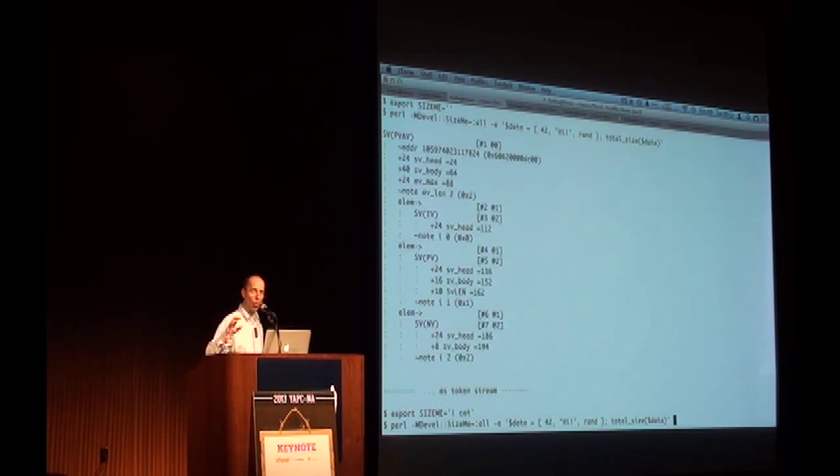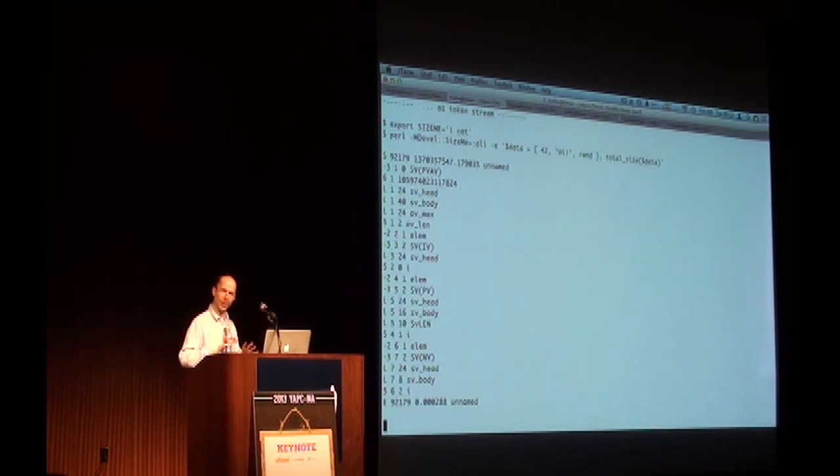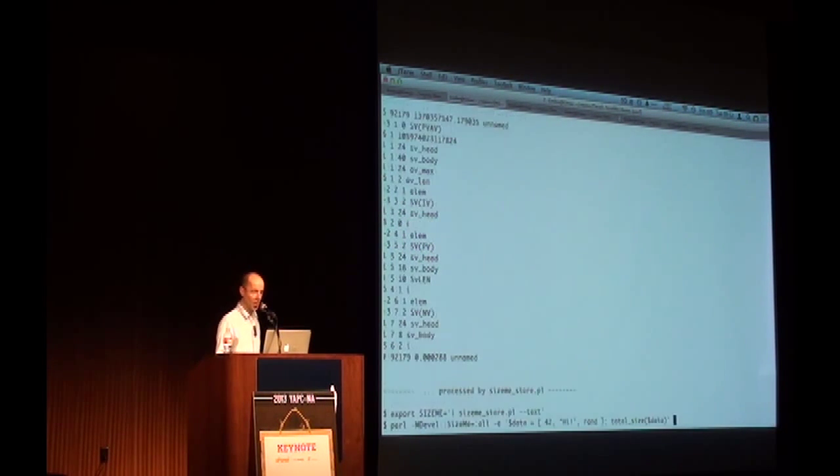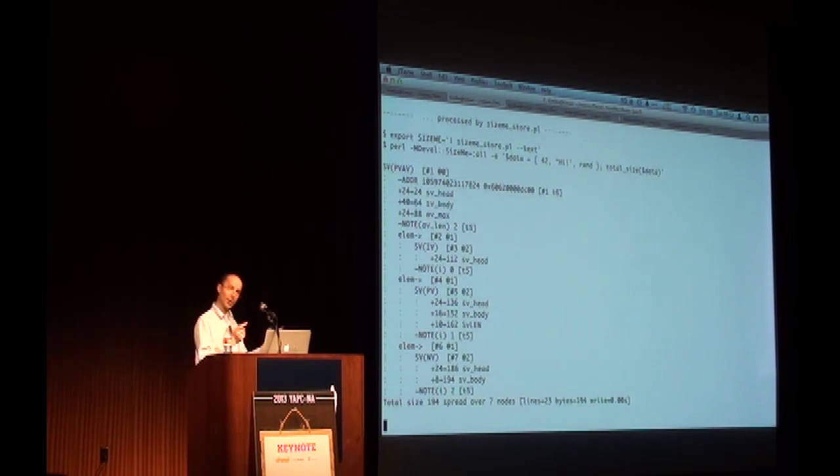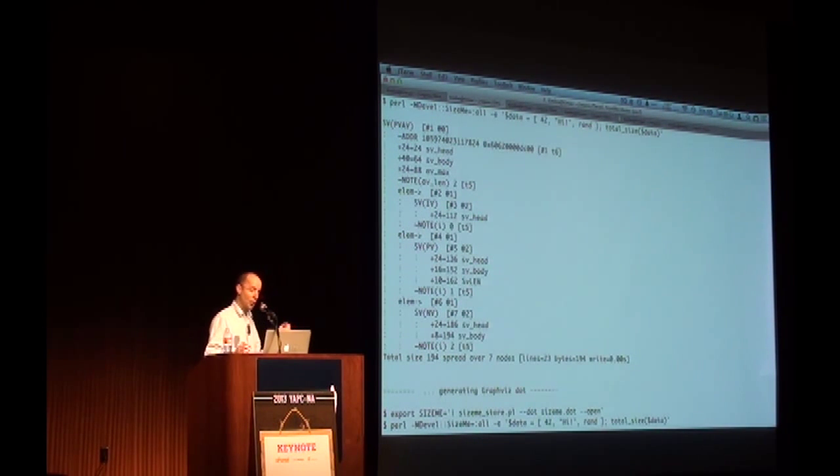Okay, now that text is coming out of Devel::Size itself. If you pipe the output to a program, then it writes out the same information but as tokens. So that lets you write another program, Devel::Size::Me::Store, that will read the tokens and manipulate the data as it passes through. So this looks very much like the one you saw before, but this has gone through some tree processing. You can't actually see what it's done, but it's there